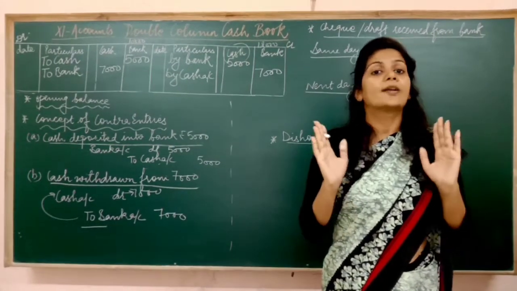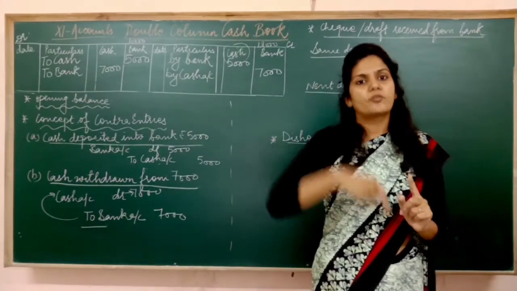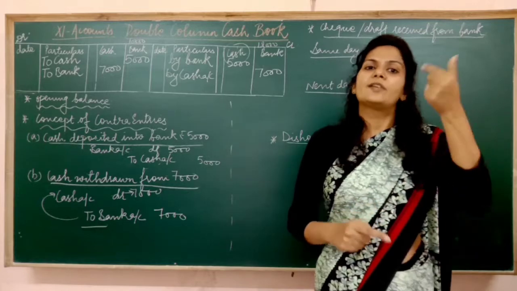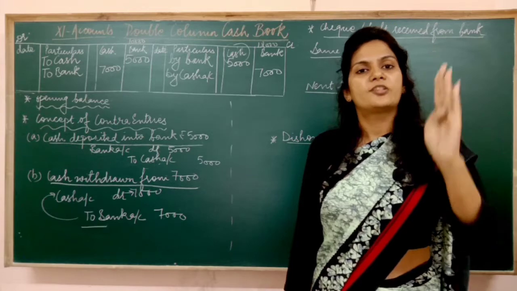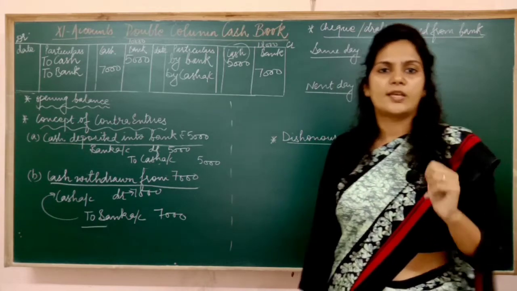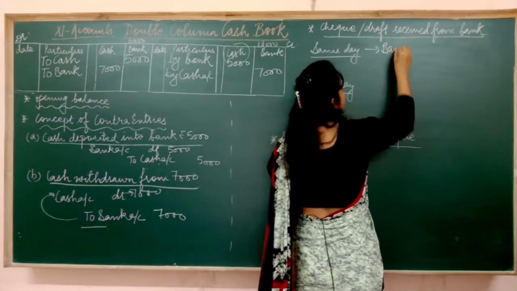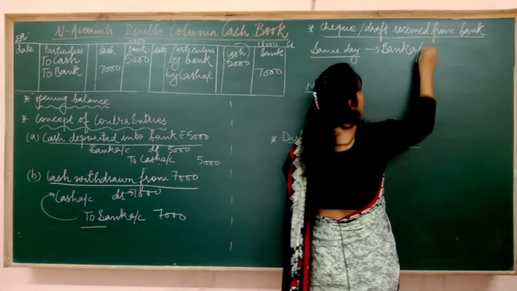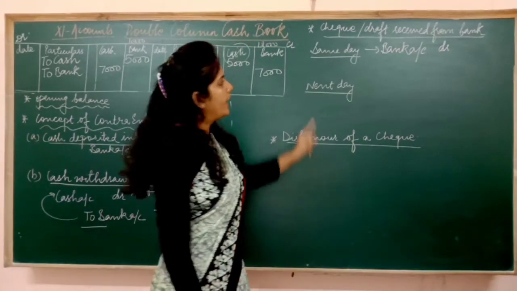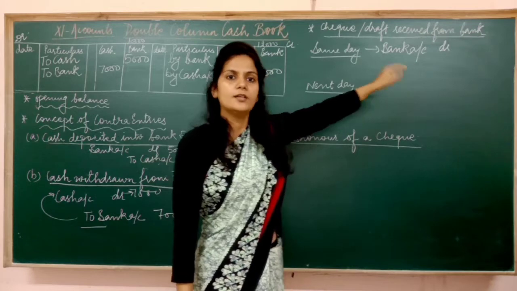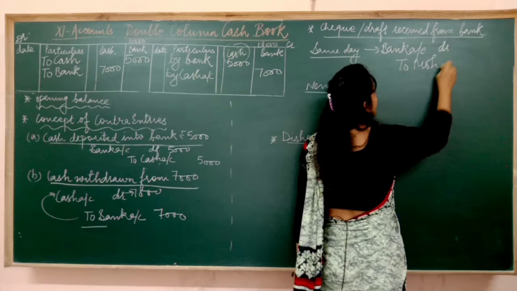ये सब तो होगा, but I should also keep a note of that or not. If my bank is making a record, I should also have a record. So if I have received a check from somebody and I have deposited that check into the bank on the same day, then what entry I am going to pass? I pass the entry, in place of check I'll write the word bank. My bank will become the receiver because I have received the check and deposited that check into the bank on the same day. And who is the giver? Let's say Mohan is the giver, so I'll write Mohan's name.